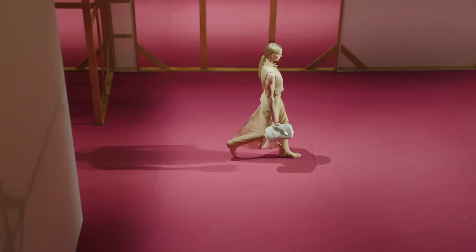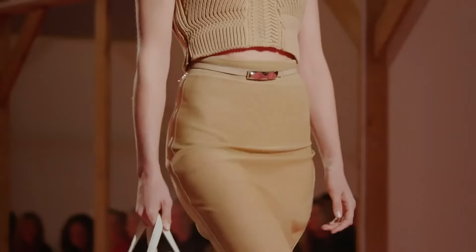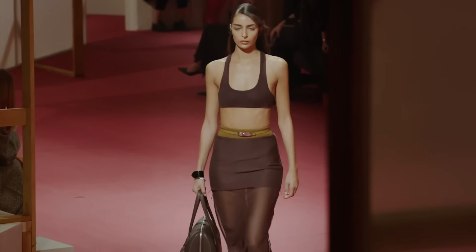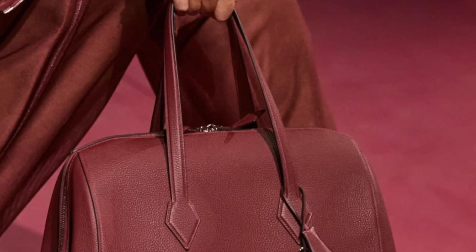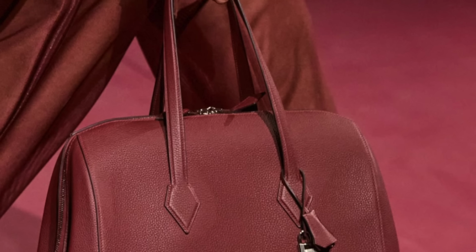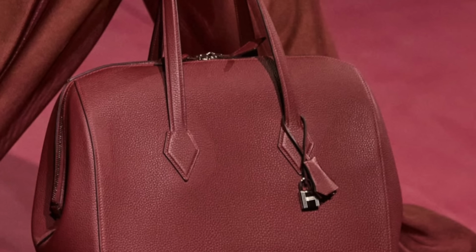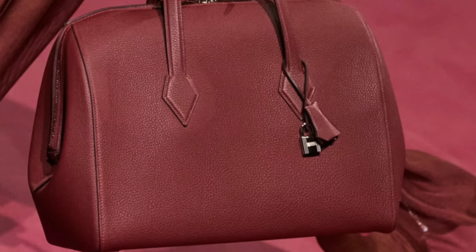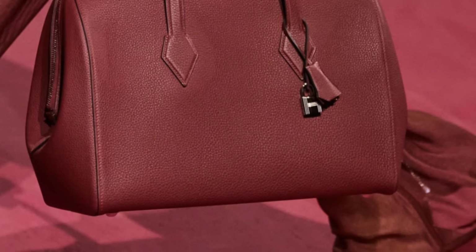And if you are looking for just a grab-and-go tote bag that is exquisitely crafted, this would be a good one for you to look into. There's really not much else that I can say about it other than the fact that it features two longer leather handles, so you can not only carry this bag as a handheld tote bag, but I think most people would be able to very comfortably put this over their shoulder, which just speaks volumes about what this bag was meant for. I do think that it is an extremely practical grab-and-go